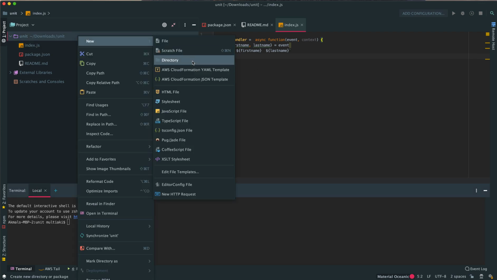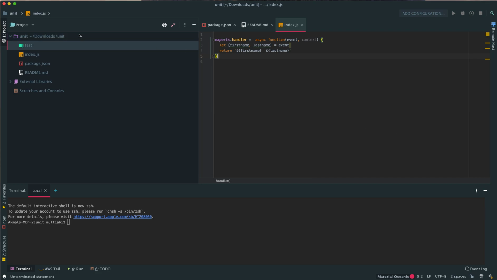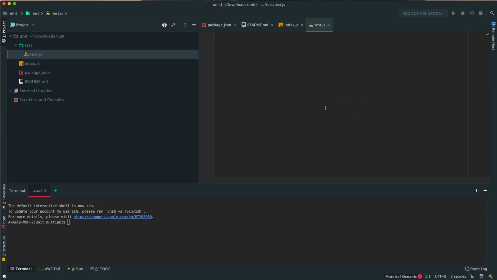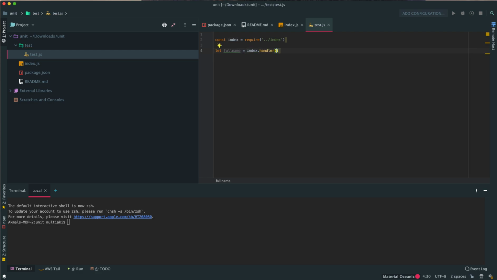To test the Lambda function, this is what we do. We just create a test folder, and inside we'll create, for example, test. So this is just the main test. In here, you just say const index is equal to require, and you call index. In here, you will say let full name equal index dot handler. And here you're sending